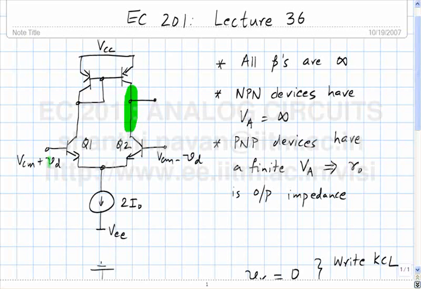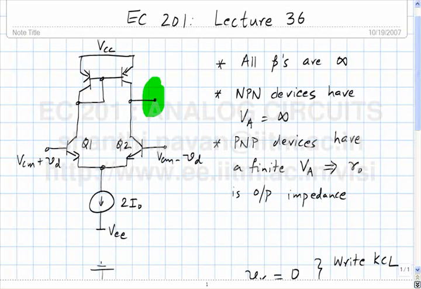Okay, originally Vd was 0, and now the incremental gain from Vd to the output is very large. So a small change in Vd will result in a very large change in the output potential. So basically what are we seeing? If Vd is positive, even by, let's assume Ro is infinity, so that the gain is really infinity. So even an infinitesimally small positive Vd will result in this potential going to,